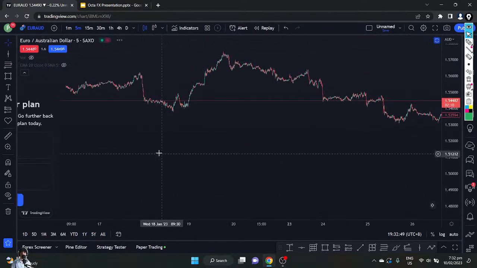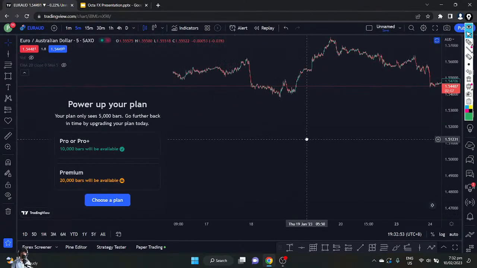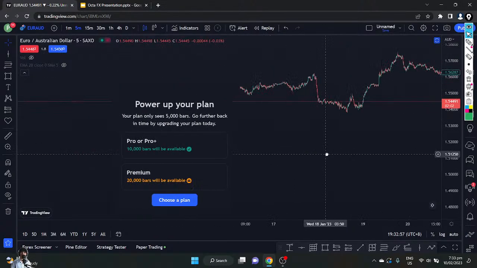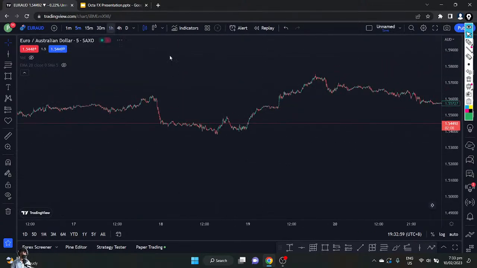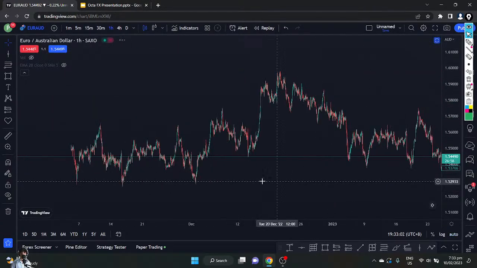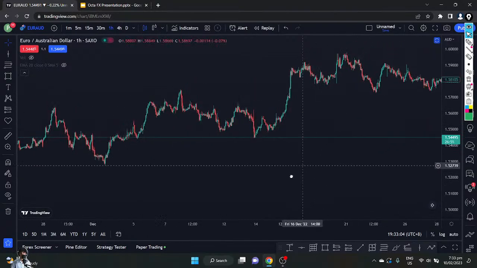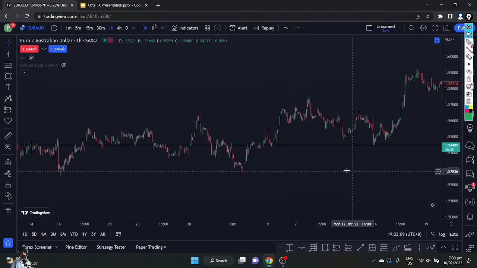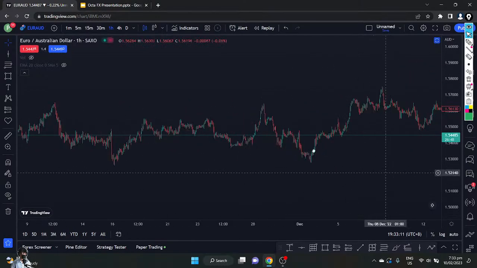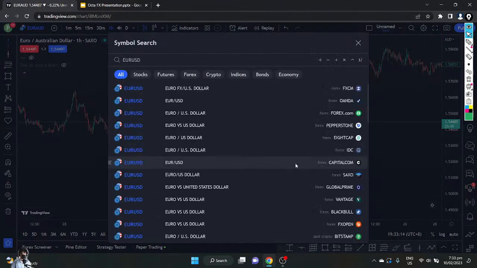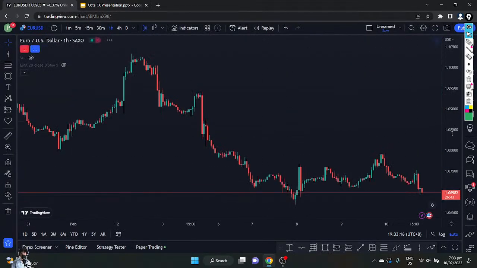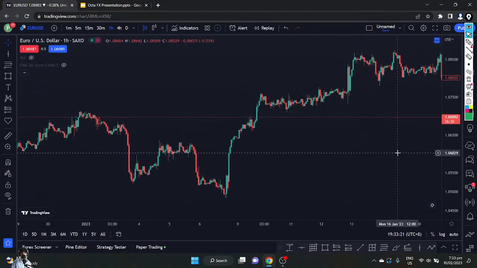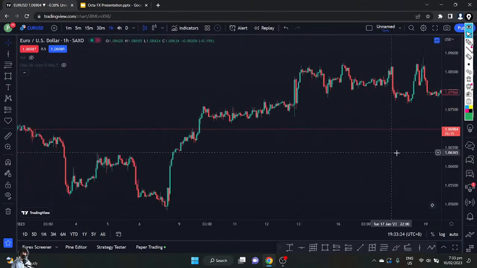So let's see. Oh, sorry, the chart won't allow me to see the previous candle. So let's try to look at another example. So let's try to change the chart. Sorry about that. So here on the Euro Dollar,